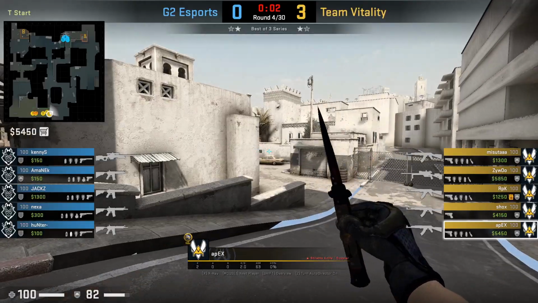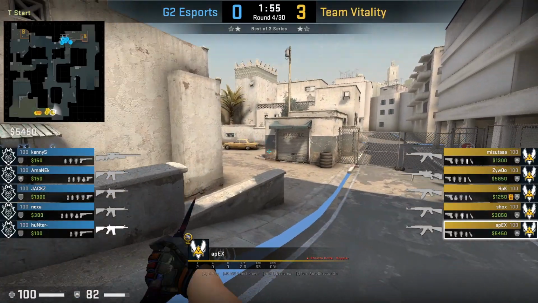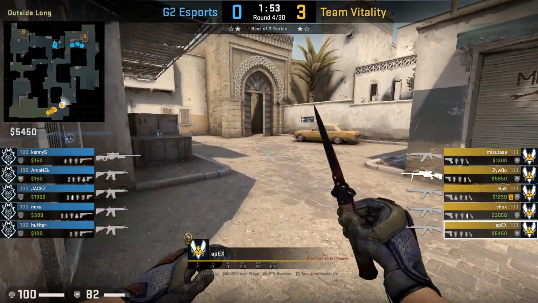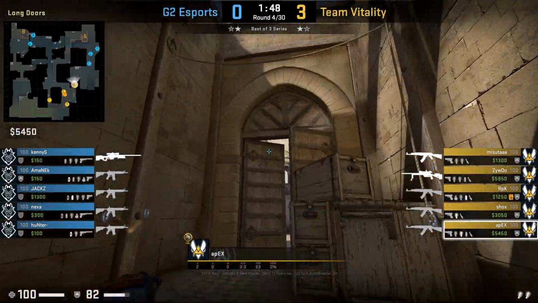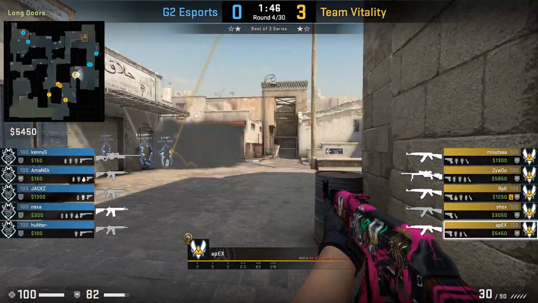Apex with the best long A position will be the sacrificial lamb. There's a couple of ways to play this position. You can either try to entry or delay. He chooses the latter. He gets out of the dumpster and buys his team time and delays G2's rotation back to